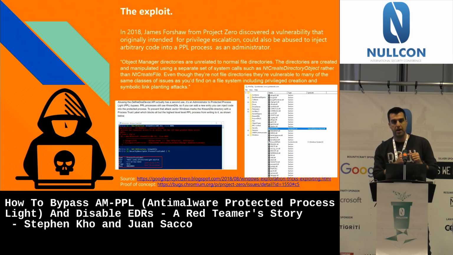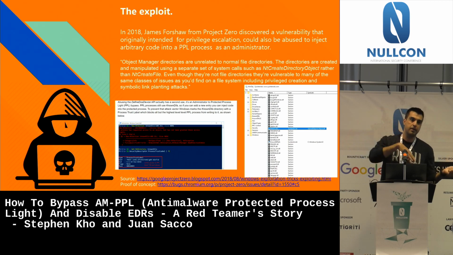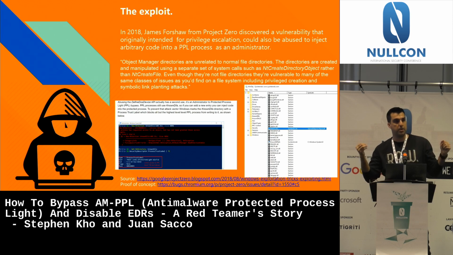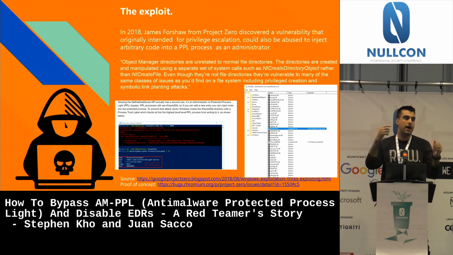What I'm going to show you now are different types of attack techniques. I'm going to start with one exploit from James Forshaw from Project Zero, and then I'm going to chain all of this. I'm going to show you the chain that I ended up using in this scenario, and after that I'm going to show you the screenshot of how it works and what we can achieve with it, and the end result, right? So we're going to go one by one so we understand how they work, and then we go into the practical execution.